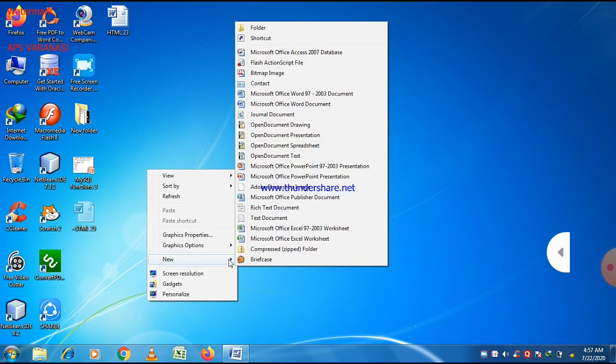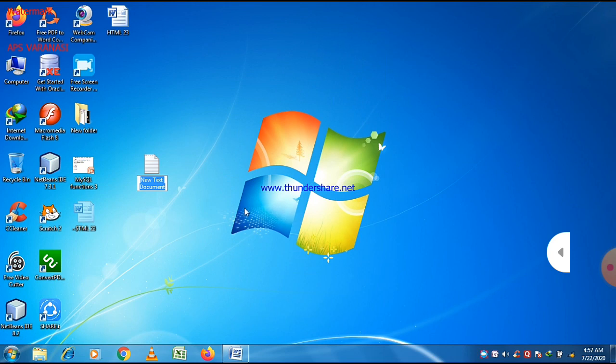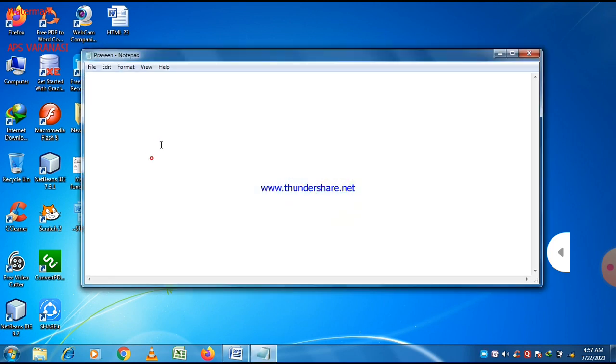First of all, just go to new and then text document, open the text document in notepad, and give a file name. I give the file name as Praveen. Just write the program here, and we always know that an HTML program starts with the HTML tag.